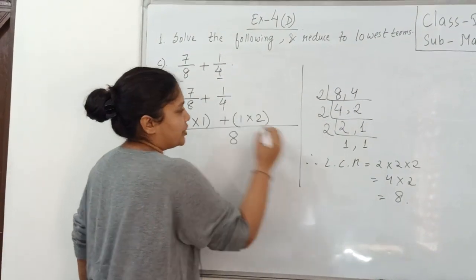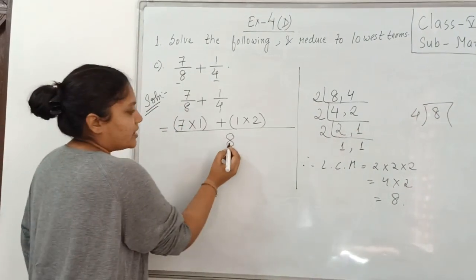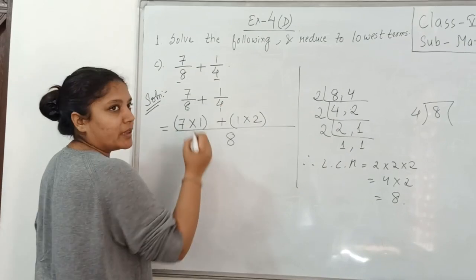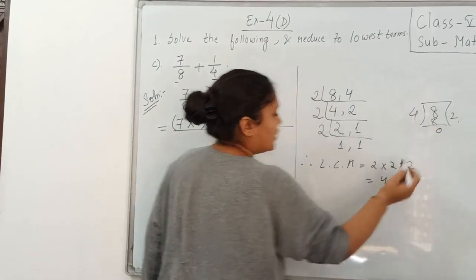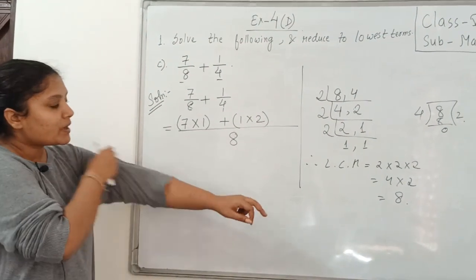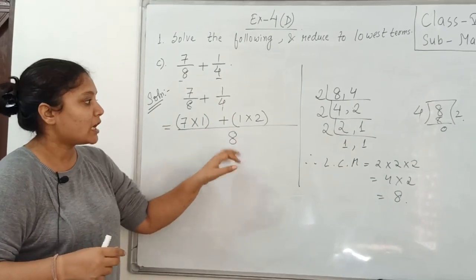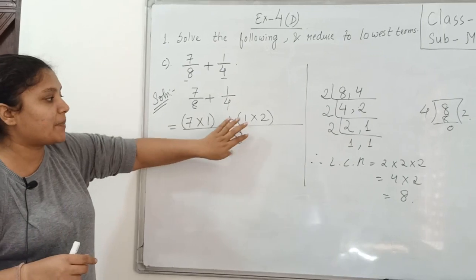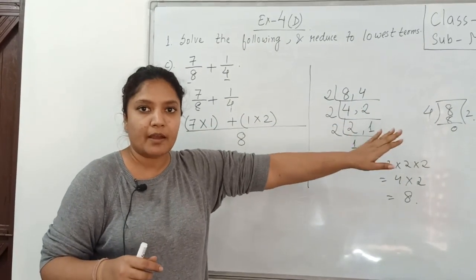There is one more trick. What is your LCM? You divide it by the denominator. What is your LCM here? 8. You divide it by your denominator 2. You will get your answer 2, so we are writing 2 here. Clear? Now see, this is a small number, so you can easily multiply. 4 2s are 8. If the number becomes big, then what will you do? You have to divide it. Then you can easily find it, right?